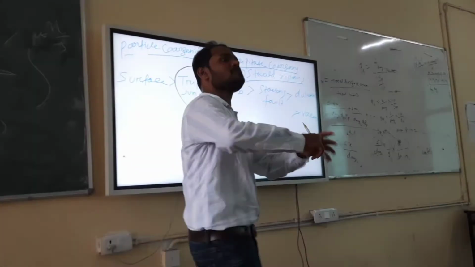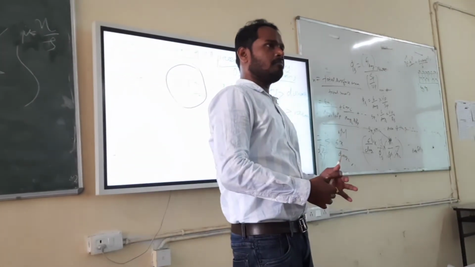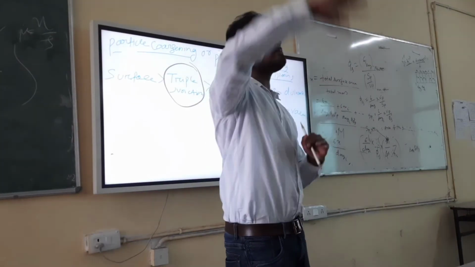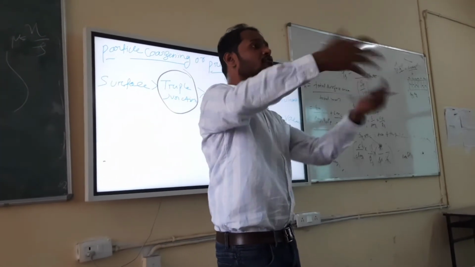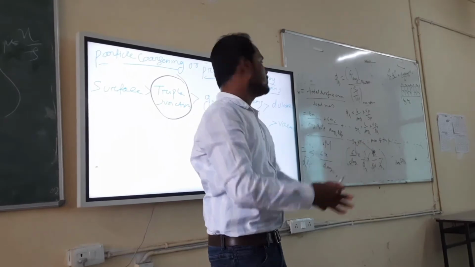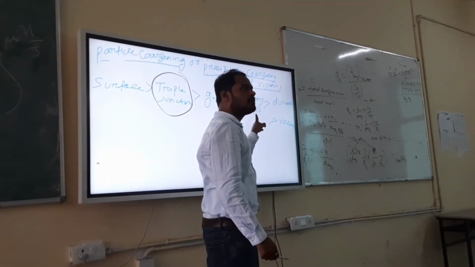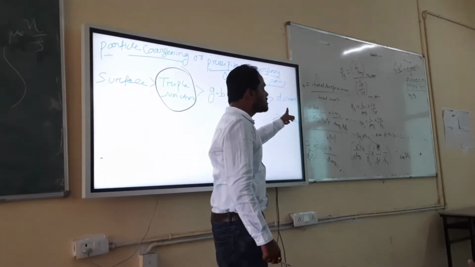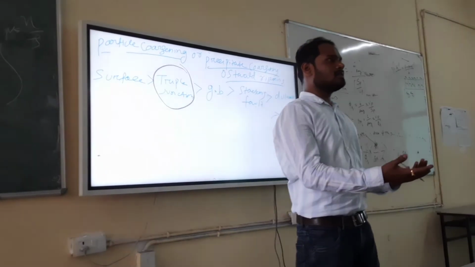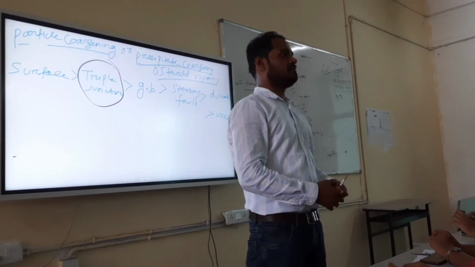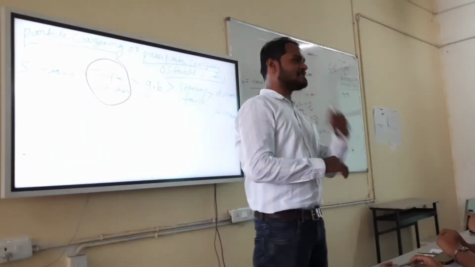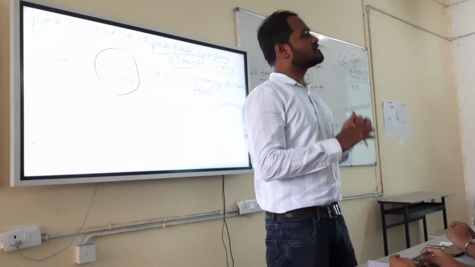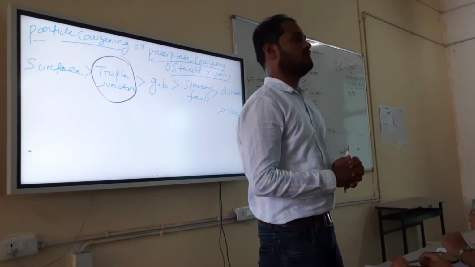You understood? Suppose new precipitate wants to form again, because you are heating continuously. You are heating the sample, you allow diffusion to happen. Atoms will move. So a stacking fault will be covered with new precipitate, maybe a dislocation will be covered with new precipitate. So obviously you will have different precipitates. But if you want to form precipitates of the same size, it is not possible actually. It is not possible, right?